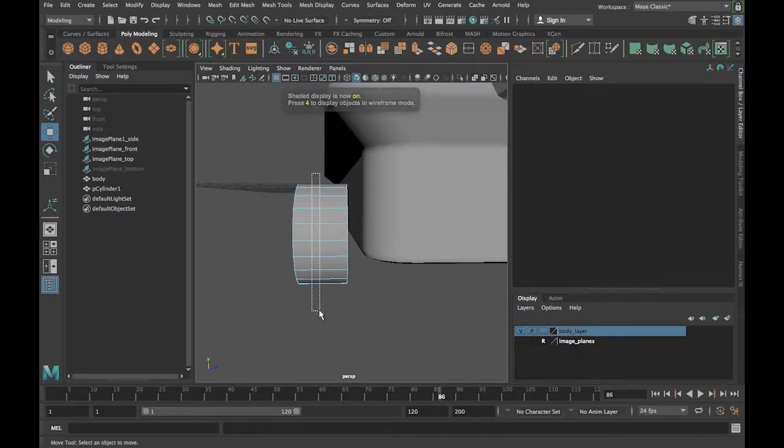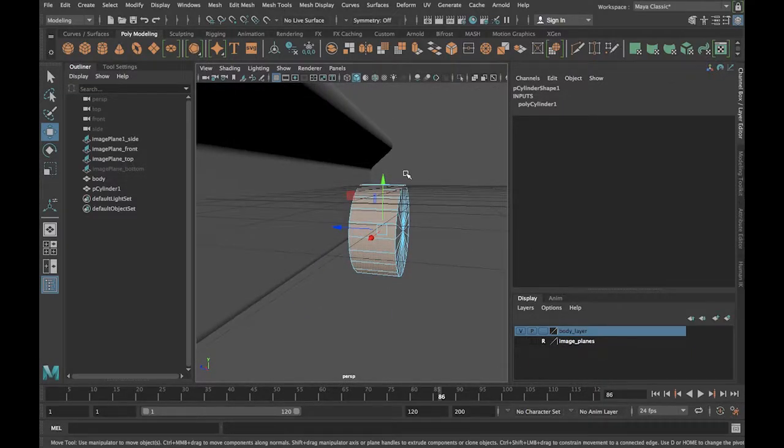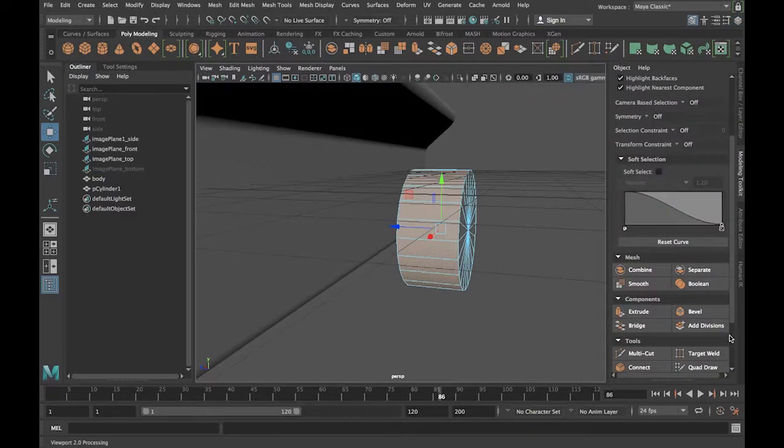I'm going to marquee select all of these faces, and I'm going to create an extrude. Let me go to my modeling toolkit and say extrude. I want to turn keep faces off, because I don't want the faces that I extrude to be touching each other. And what I want to do is just pull a secondary face